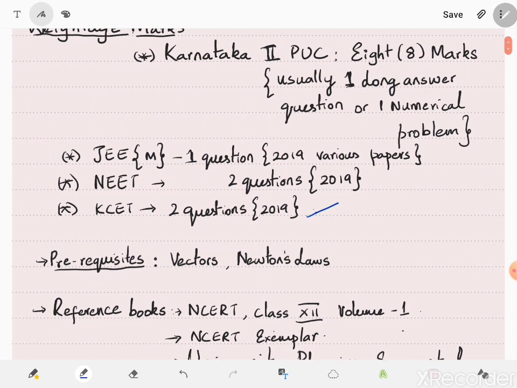Now let us take a look at what the prerequisites are in understanding and studying this chapter. The prerequisites are vectors from your class 11 of first PUC and Newton's laws. I request students to have a revision of these 2 topics because we will be utilizing them extensively throughout this